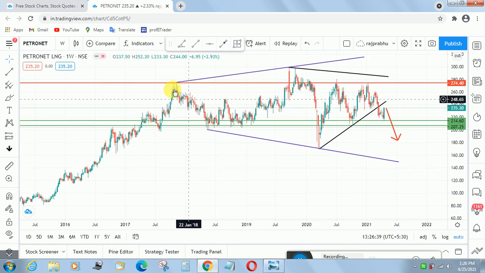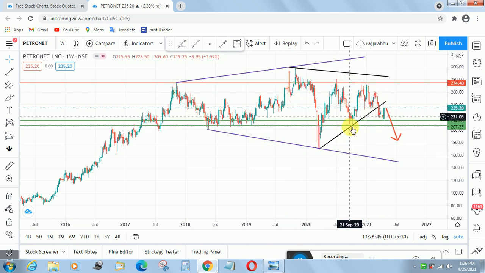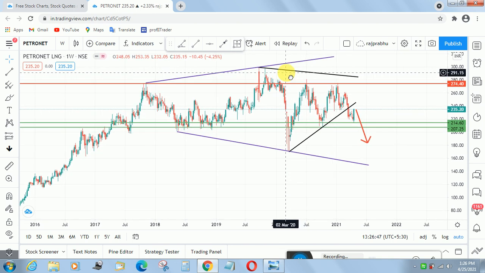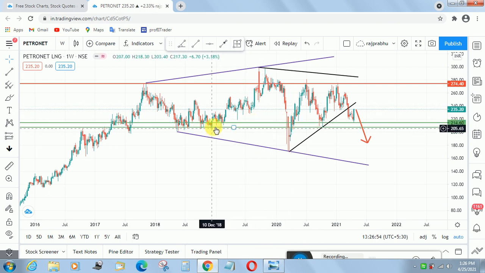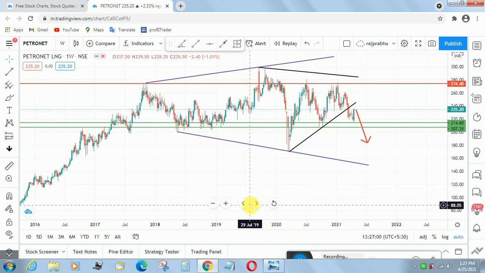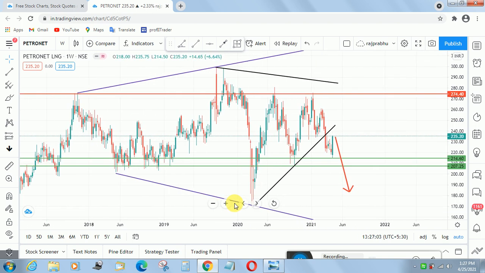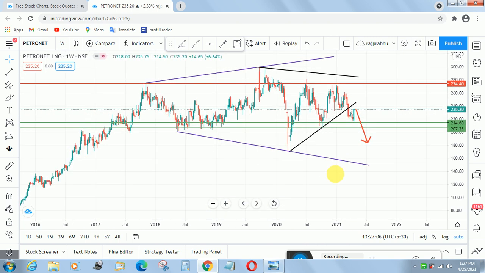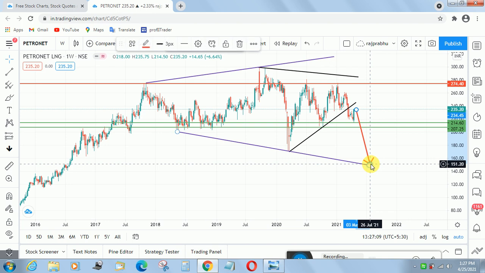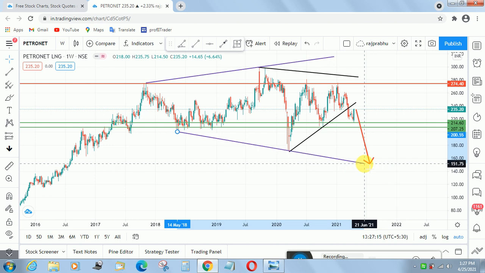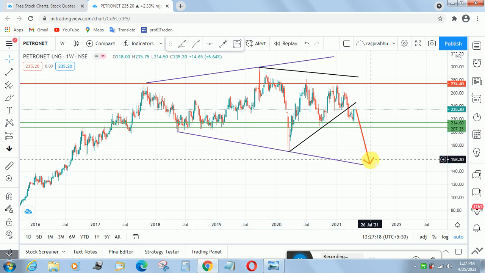See friends, the price is trading inside the pattern. Same here, you can also see the most support area. It takes support again and again, so here the price reversed slightly, but it's a downtrend. There is a high chance it falls to this level, or it may reverse from this level.